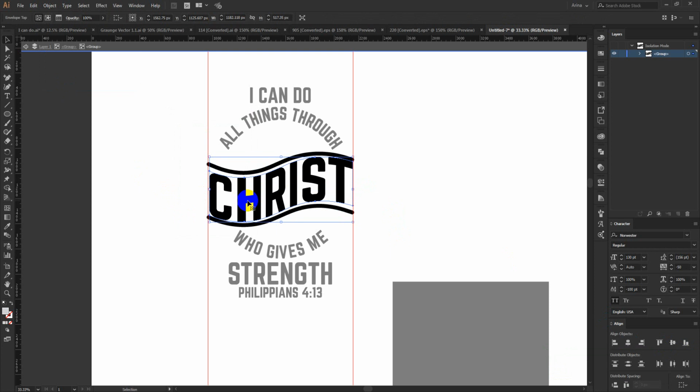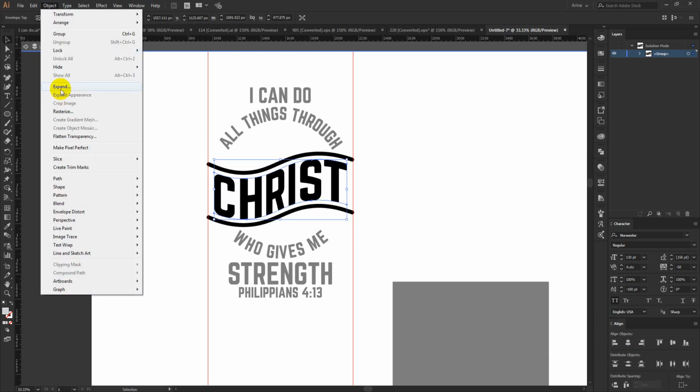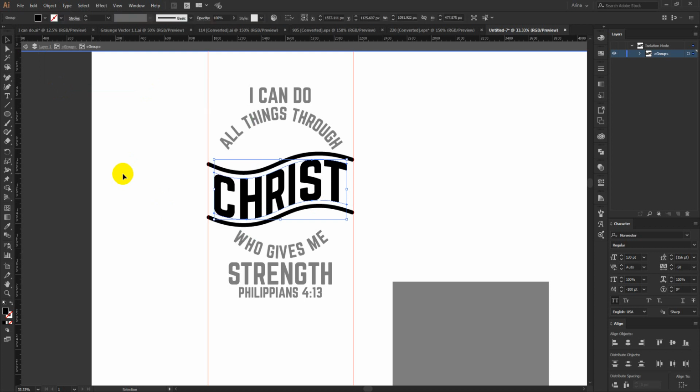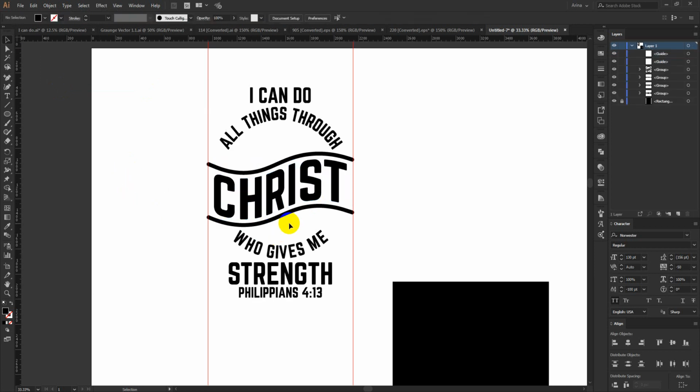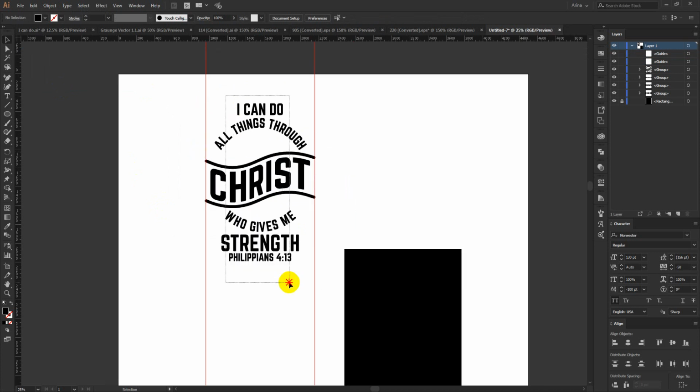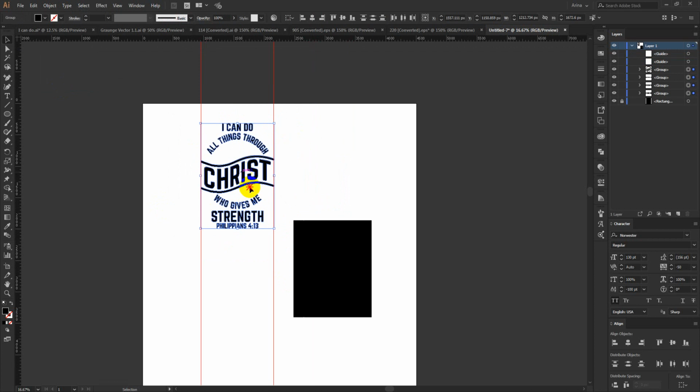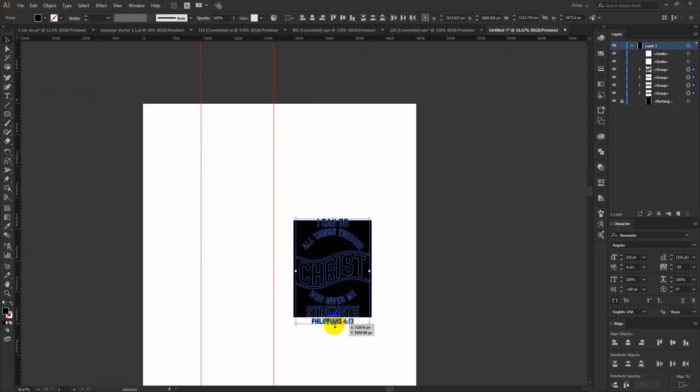Okay, now I am selecting that one, expanding like this. Now everything here is in expanded mode. Okay, now I have to fill these areas with some decorative elements, but before that I need to make sure that everything is placing inside this area,